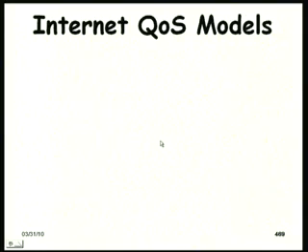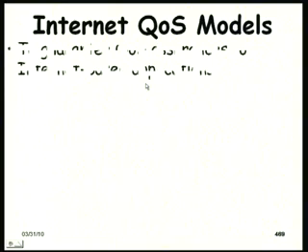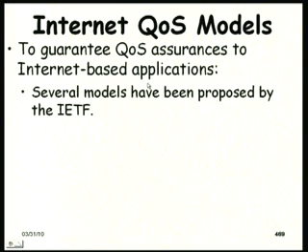Now, let us look at the quality of service models that have become popular in the internet. So far, we just looked at the components of a quality of service framework that can be used to provide quality of service guarantees. Now, let us see, in the internet there are some standards that are emerging. The standard is proposed by the IETF, the Internet Engineering Task Force, if I am not wrong, this is the full form. This is the standards body for the internet,